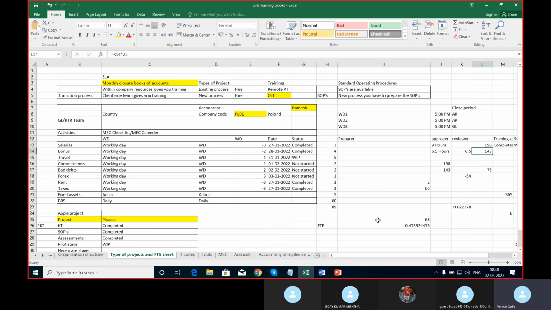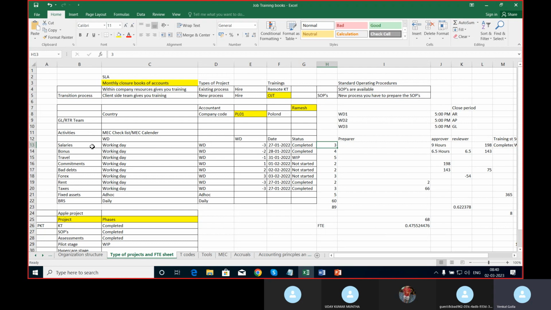So these basic things may be really useful for you if you are completely new and coming to the company. They will not simply give this activity as 3 hours like that. Initially they have done a lot of research and a lot of work based on all the activities, like